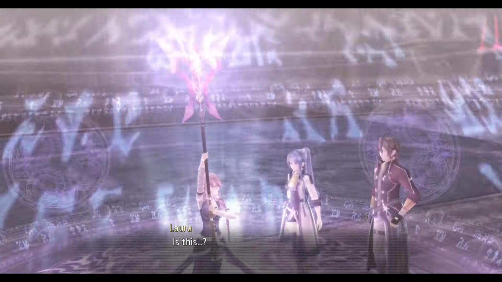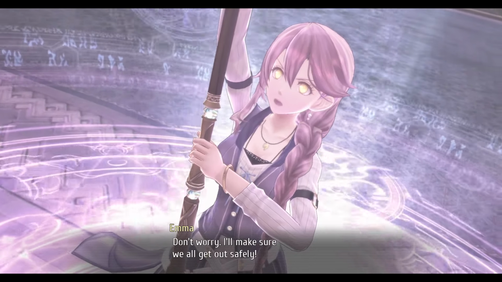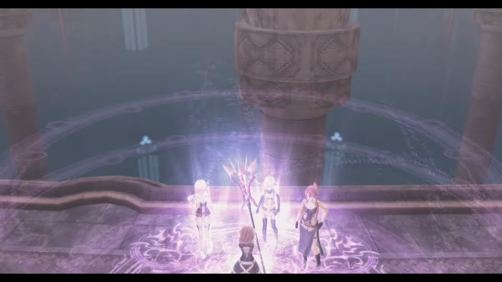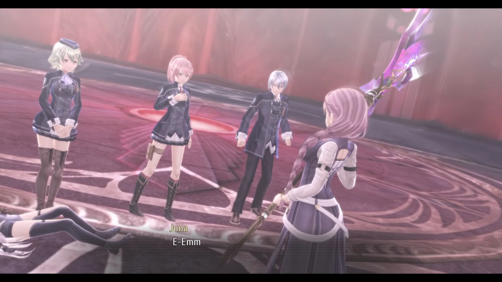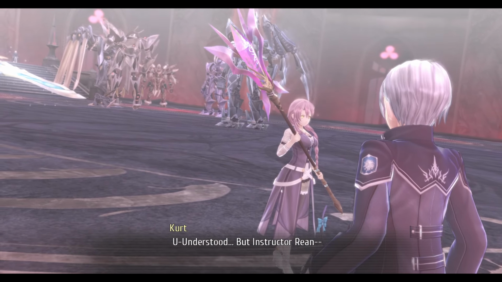You're teleporting us outside? Yes, this will take you straight to Grandmother. Don't worry, I'll make sure we all get out safely. Okay, we'll leave it to you. Just be careful. Emma? Stay close. I'm teleporting you out of here. Understood. But Instructor Rean...